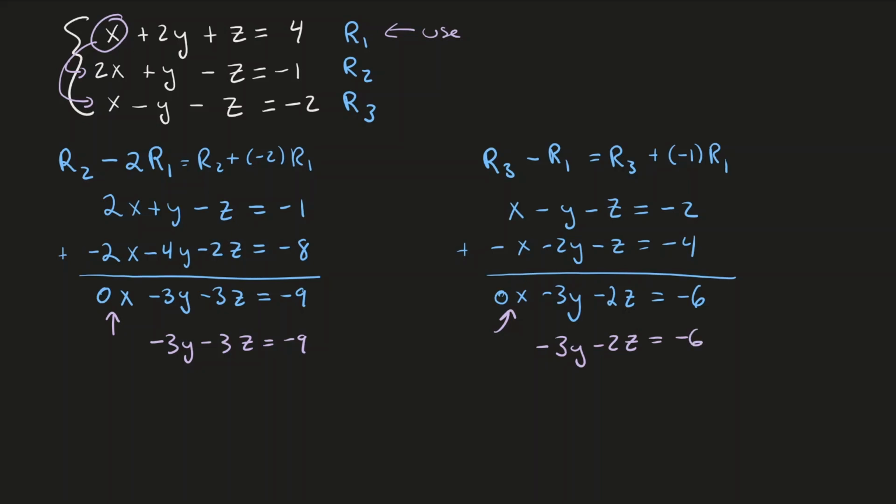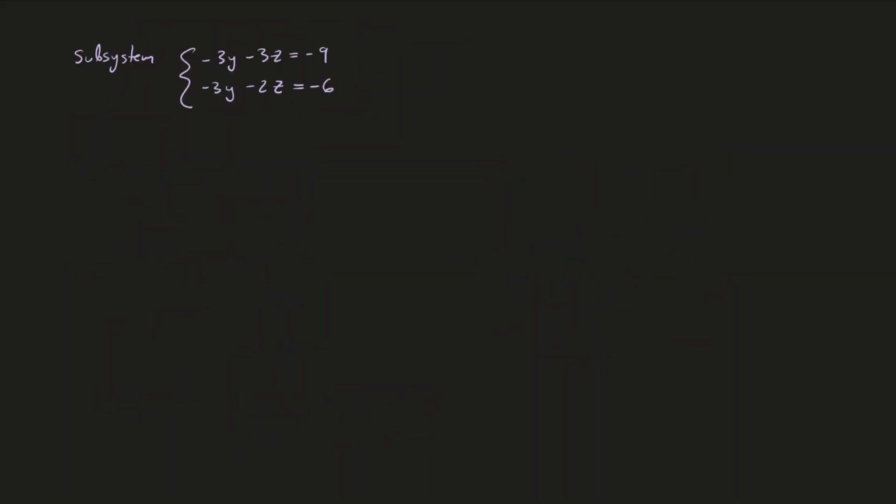Taking these 2 equations now, this gives us what I call a subsystem in 2 variables, so reducing it back to what we were doing in the previous sections. This is -3y - 3z = -9, -3y - 2z = -6. Now, focusing on solving the subsystem, we need to get y and z. There's a couple